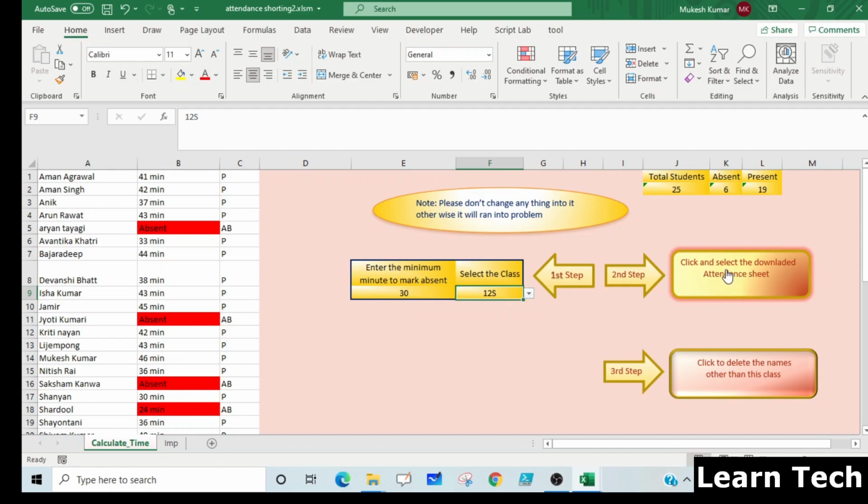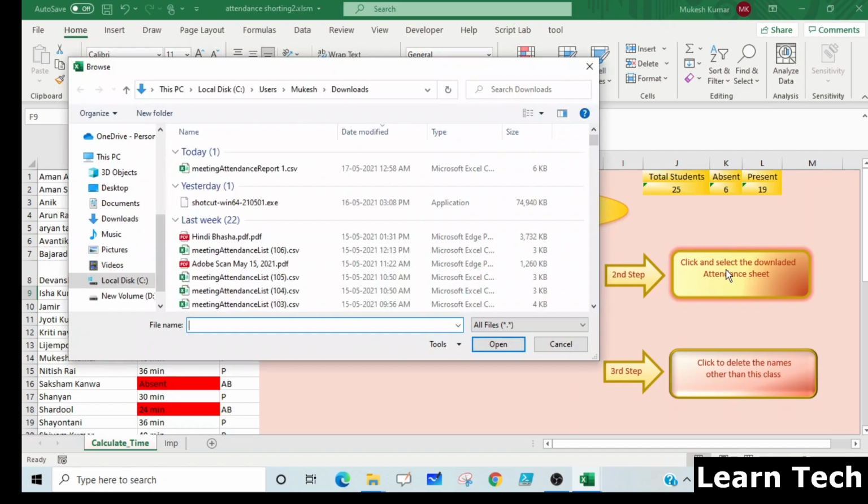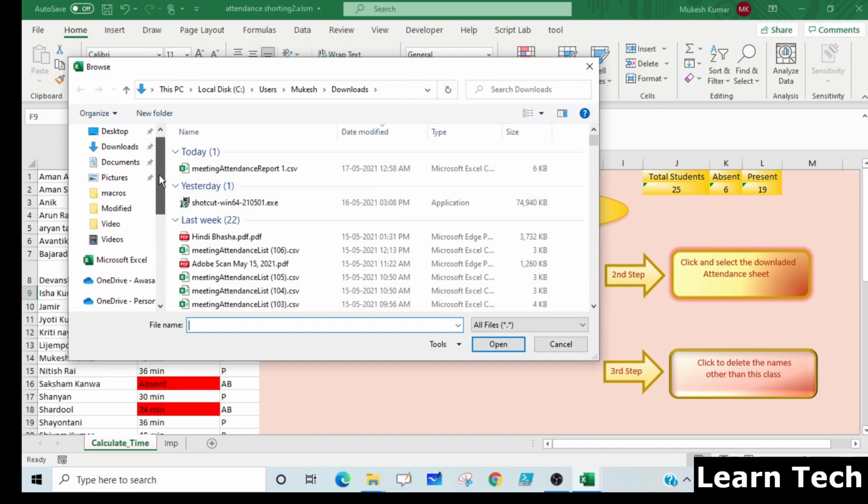Now after clicking, a file picker will be opened. You have to select that file. By default the attendance sheet is downloaded in the Downloads section of the desktop. How you can reach that Downloads section, I think all of you know, but I am repeating one more time.